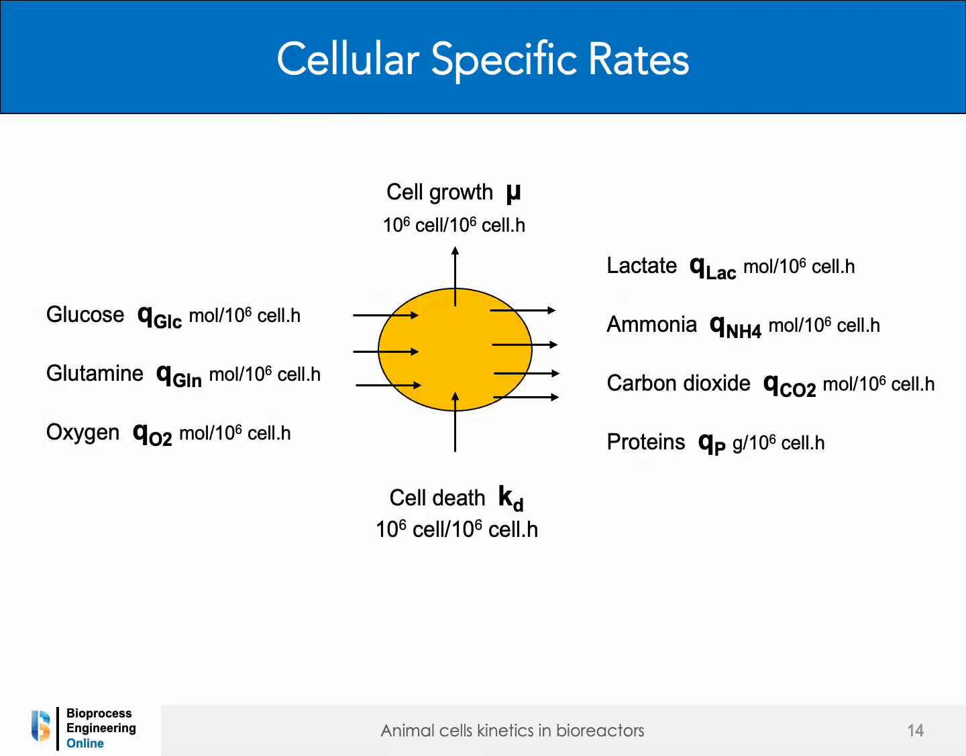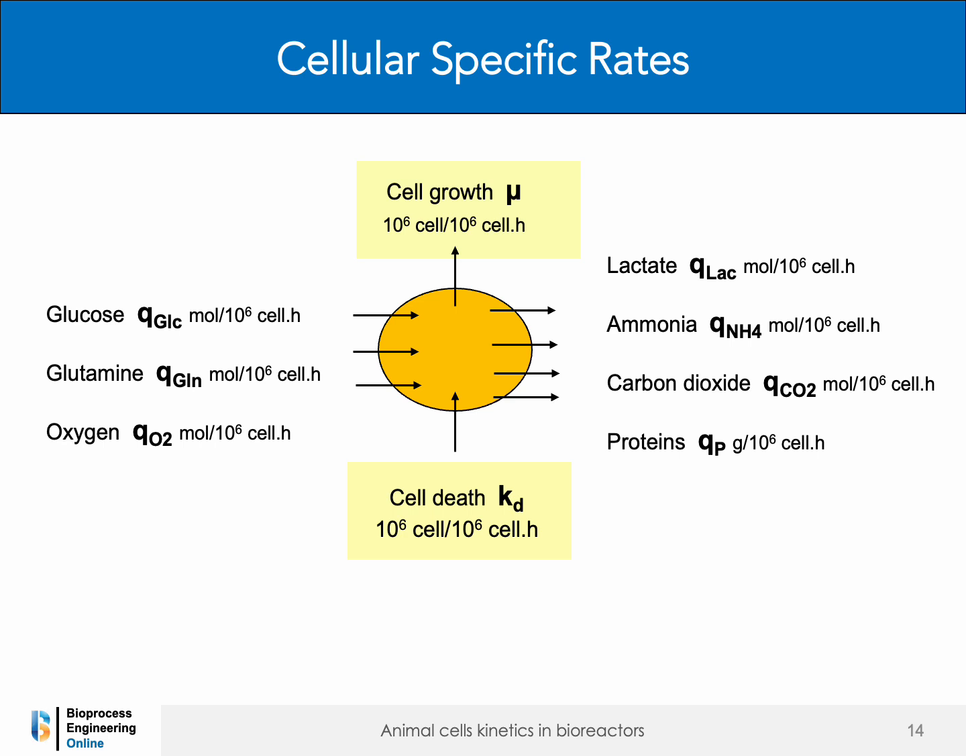Animal cell kinetics is described using specific rates, which are expressed per million cells and per hour. First, there are the specific substrate consumption rates, expressed in moles consumed per million cells per hour. Examples include QGLC for glucose, QGLN for glutamine, and QO2 for oxygen. Next, we have the specific cell growth rate, mu, and the specific cell death rate, KD, both expressed in reciprocal